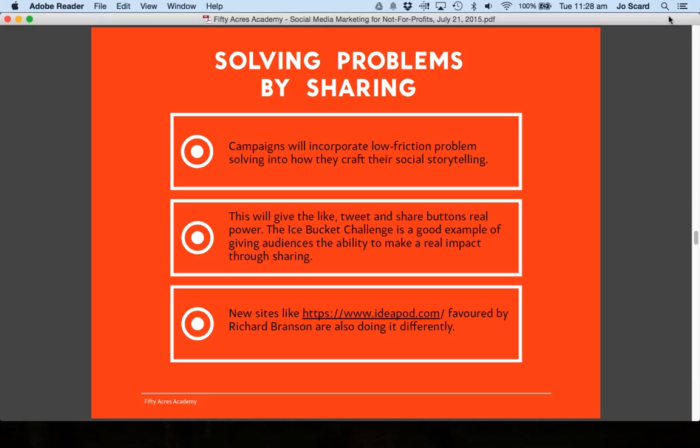How can you get involved? In a real sense, not just giving money, but what else can you do? It might just be that you can help by rolling your sleeves up and doing something. It may be that you are doing something more than that. It might be lending your professional support to something in some ways. This gives the like, the tweet and the share buttons absolutely real power. The Ice Bucket Challenge, again, is a really good example in giving audiences the ability to make a real impact